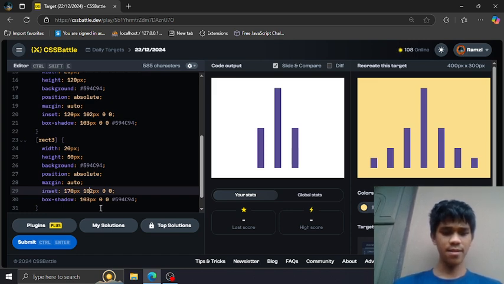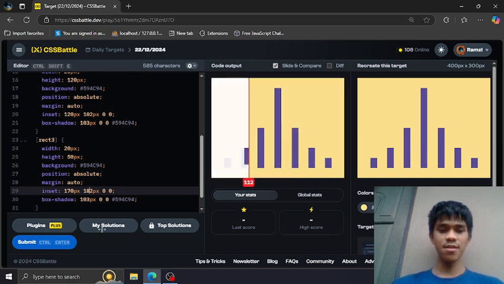Left side here, 72. Just ignore the right side because that's the shadow. We can focus here on the left side.